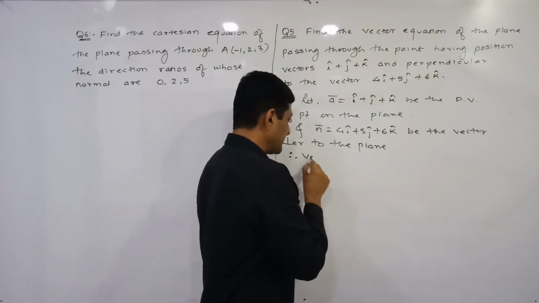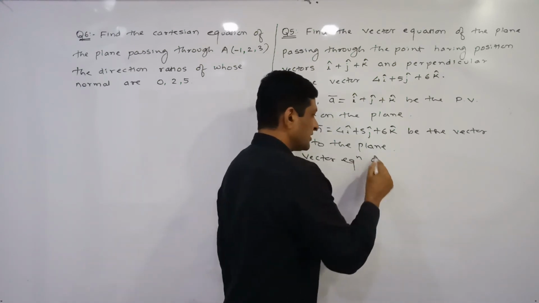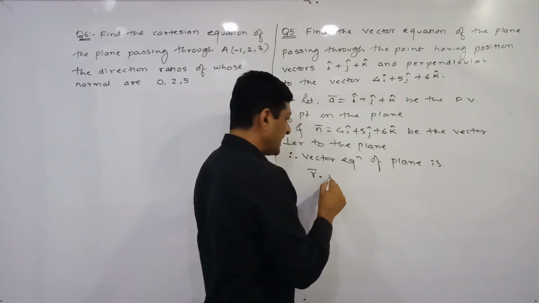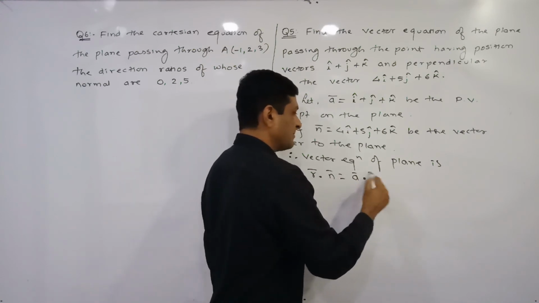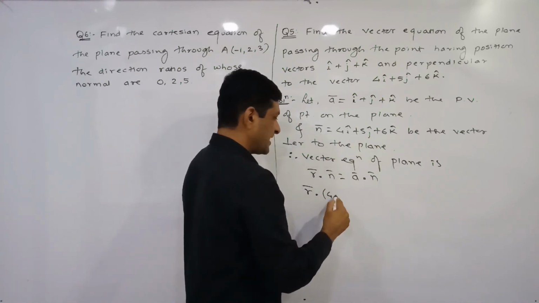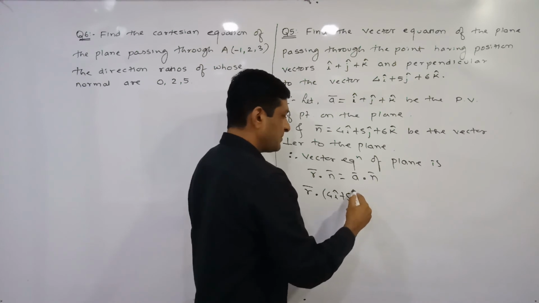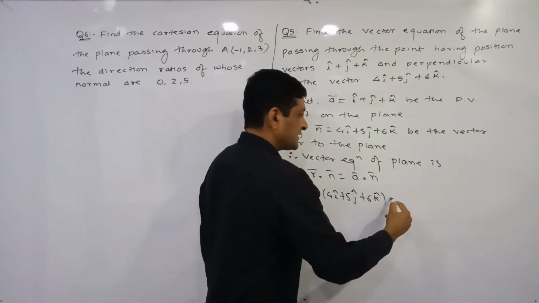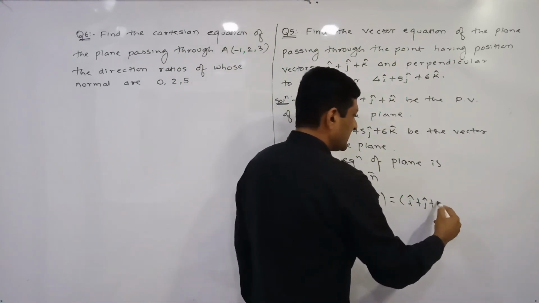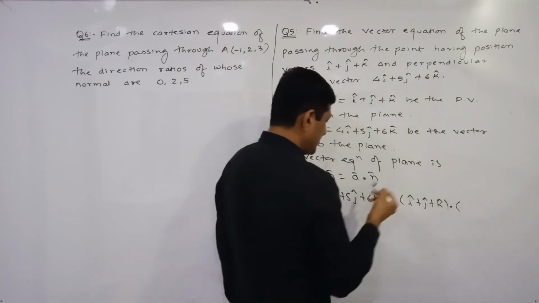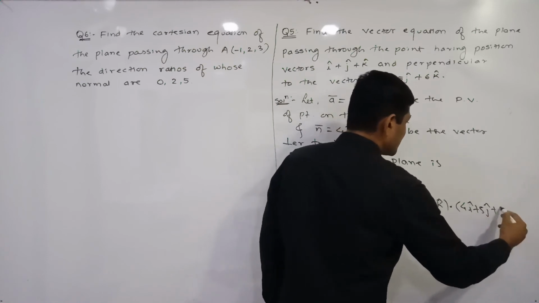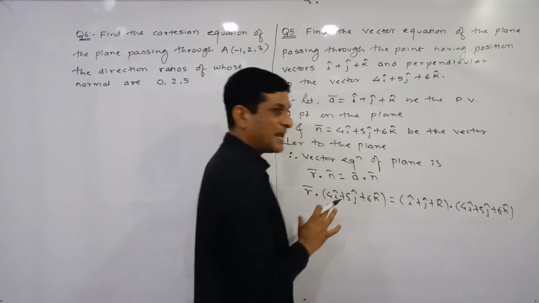So therefore the vector equation of the plane is, what is that formula? R bar dot n bar is equal to A bar dot n bar. Now substitute the values. R bar, keep it as it is, replace n bar by its value, where the value of n bar is 4i cap plus 5j cap plus 6k cap. On this side, replace A bar by its value, where the value of A bar is i cap plus j cap plus k cap. Dot, keep it as it is, and n bar, again substitute the value of n bar, which is 4i cap plus 5j cap plus 6k cap. Just simply we have substituted the values in this formula.